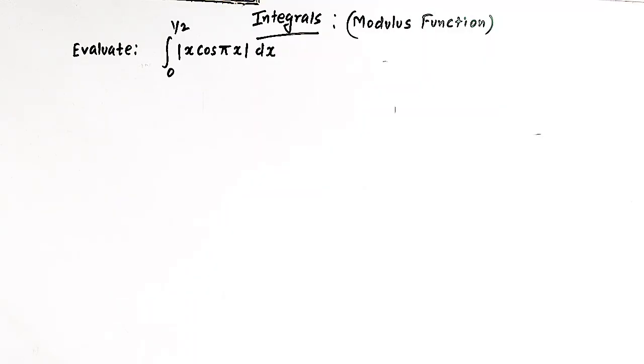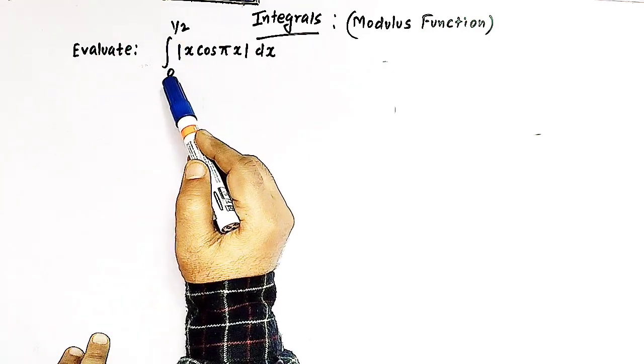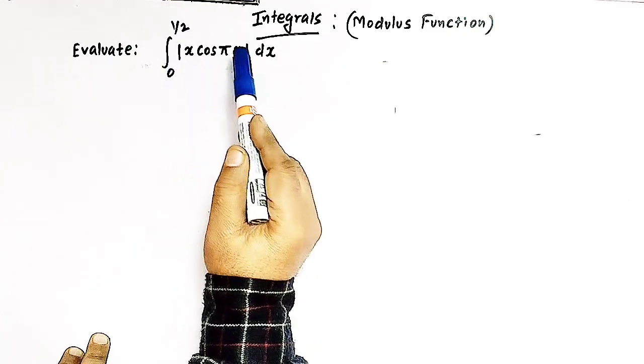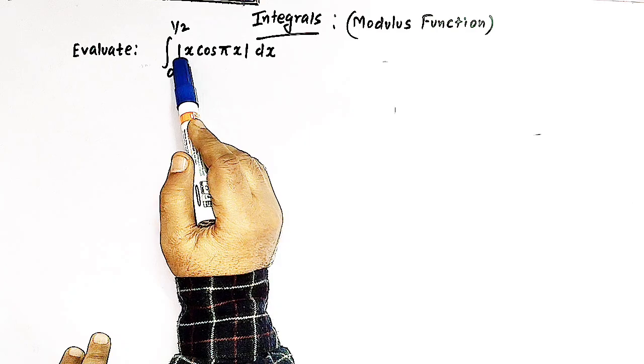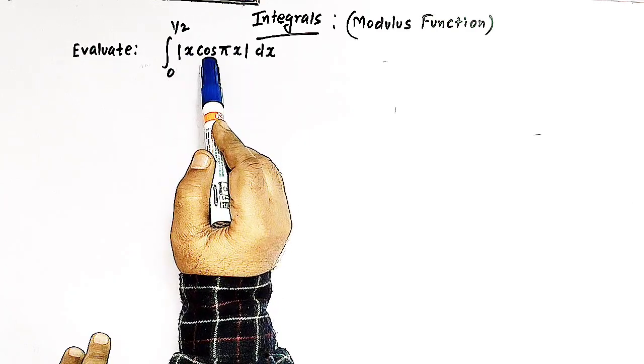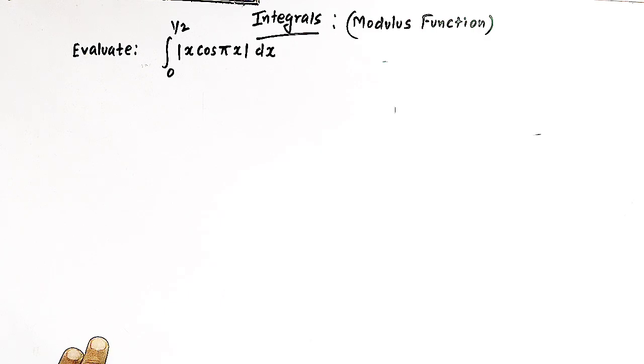Hello viewers, in today's session we are going to discuss an important and conceptual problem from definite integrals involving the modulus function. So here we have to evaluate this definite integral where the limits are from 0 to half and the integrand is a mod function, right? So here we have mod of x times cosine pi x dx,